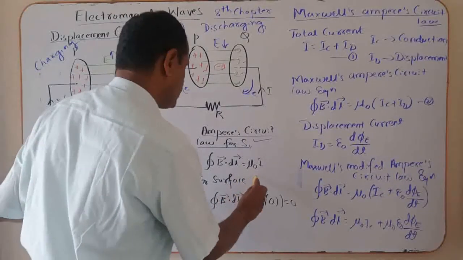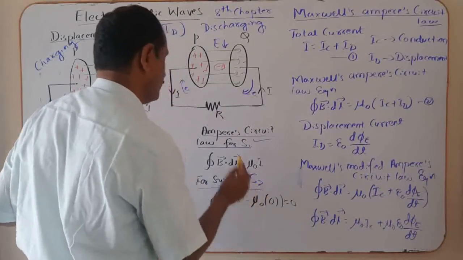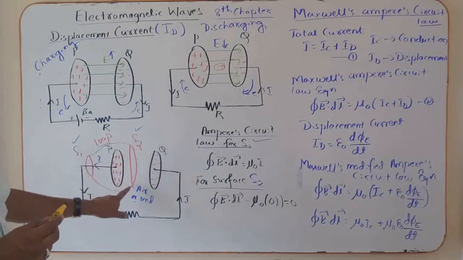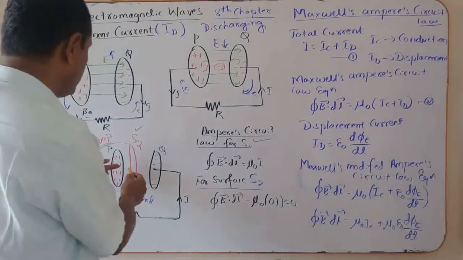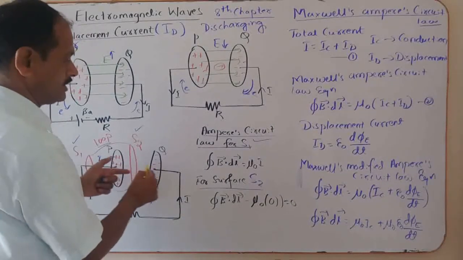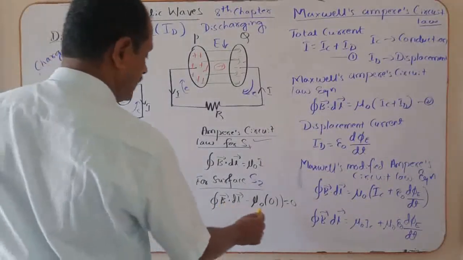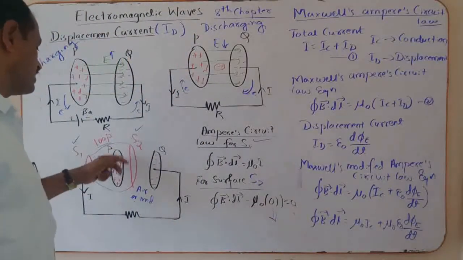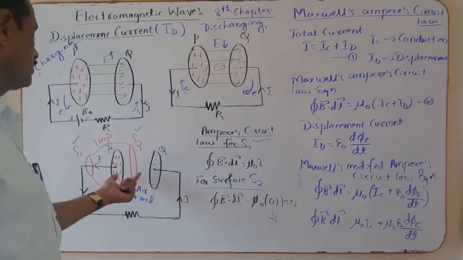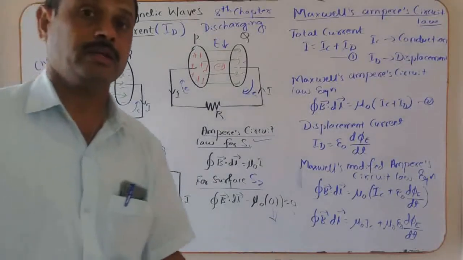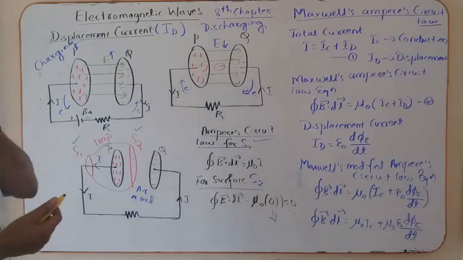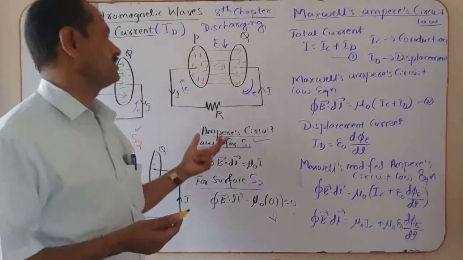Now for surface S2, what happens? According to Ampere, when you apply the circuital law for the S2 surface, there is no current at all. He says that there is no current, so the current is zero. Totally, the line integral of the magnetic field between the two plates of the capacitor is zero. But Maxwell, during charging and discharging,